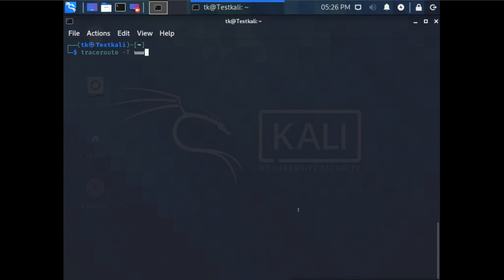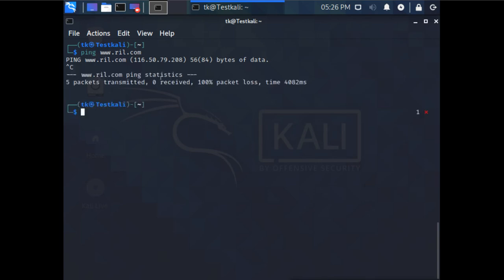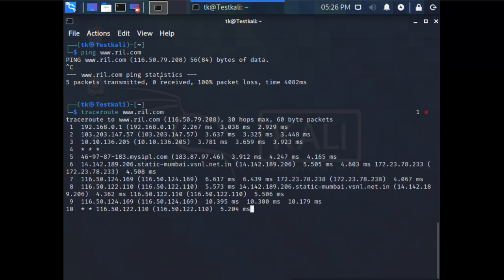First I will try to ping that site to check the connectivity we have. Now it is resolving the name, but it is not able to ping because they are blocking the ping. Now if I do the normal traceroute, it will use ICMP echo packets.